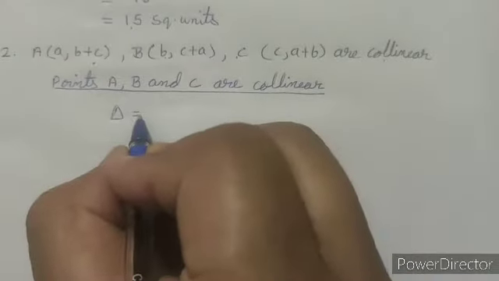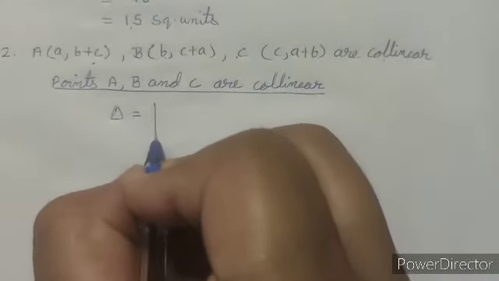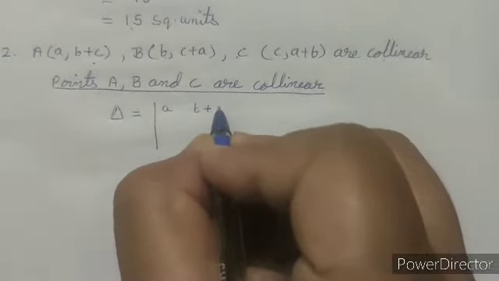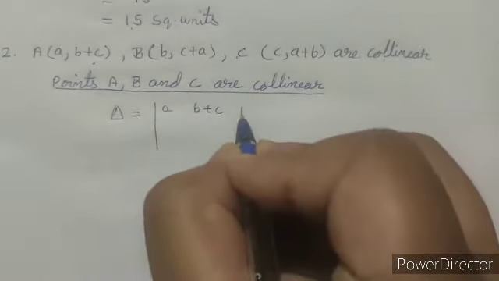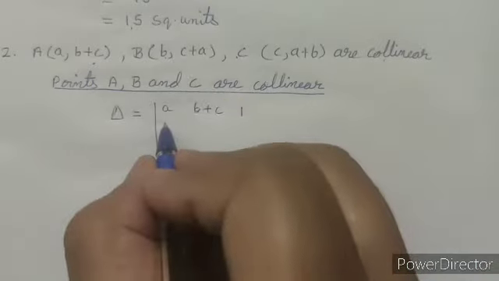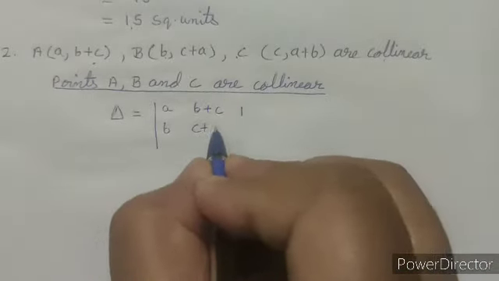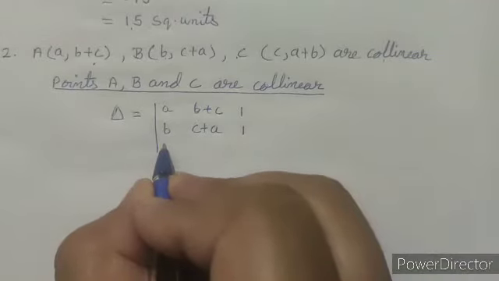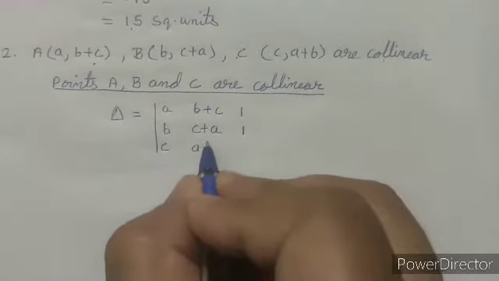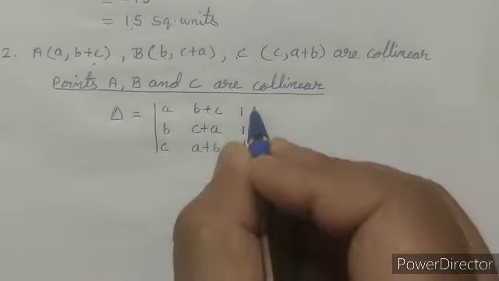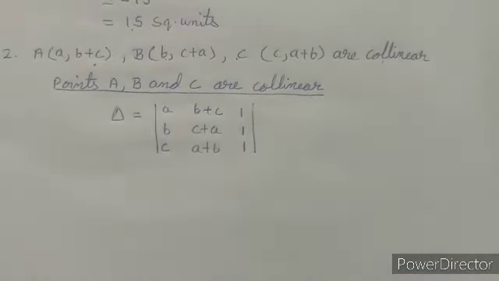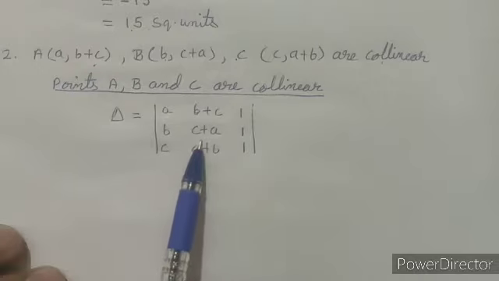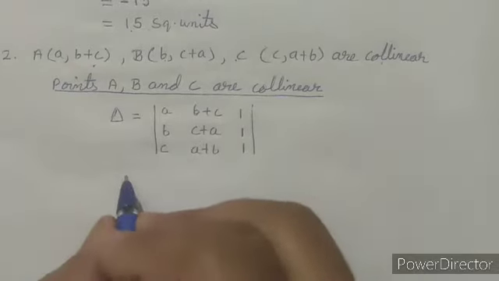Now that will be equal to half into determinant of A, B plus C, 1. Now second point was B, C plus A, third column will be 1. Now C, A plus B, and all the elements of the third column will be equal to 1. Now we have to prove that the value of this determinant is equal to 0. Now for that, we can